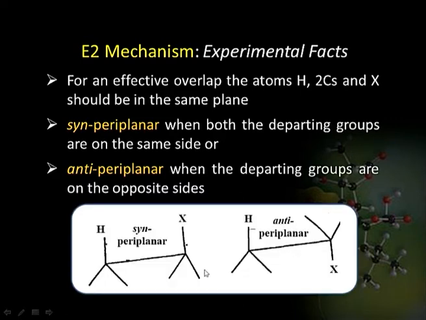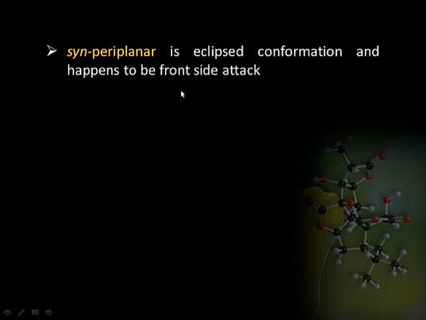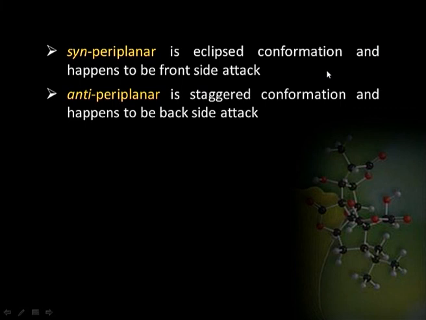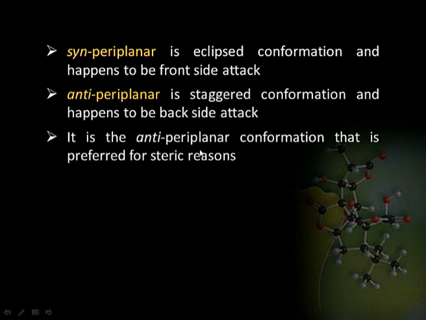If we look into this pictorial depiction, we will see that this is the syn periplanar conformation, where hydrogen and the halogen atom are on the same side of the plane, tetrahedral carbon rather, and this is an anti-periplanar situation where hydrogen and the halogen atom are anti to each other. Now, syn periplanar is the eclipsed conformation and it leads to a front side attack, whereas anti-periplanar is a